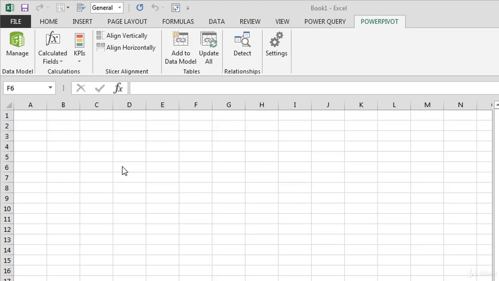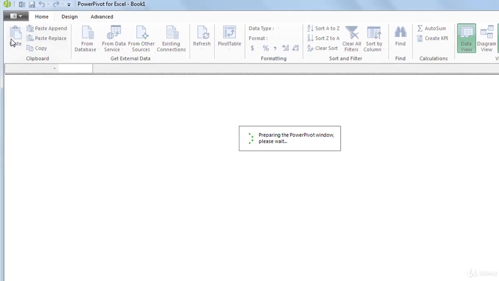Welcome to the section on Power Pivot. In this section, we're going to be looking at the Power Pivot menu options. Basically over here, you can see I can click the Power Pivot menu option. It opens up a set of icons over here. And within this data model, if I click on the Manage button, we open up the actual Power